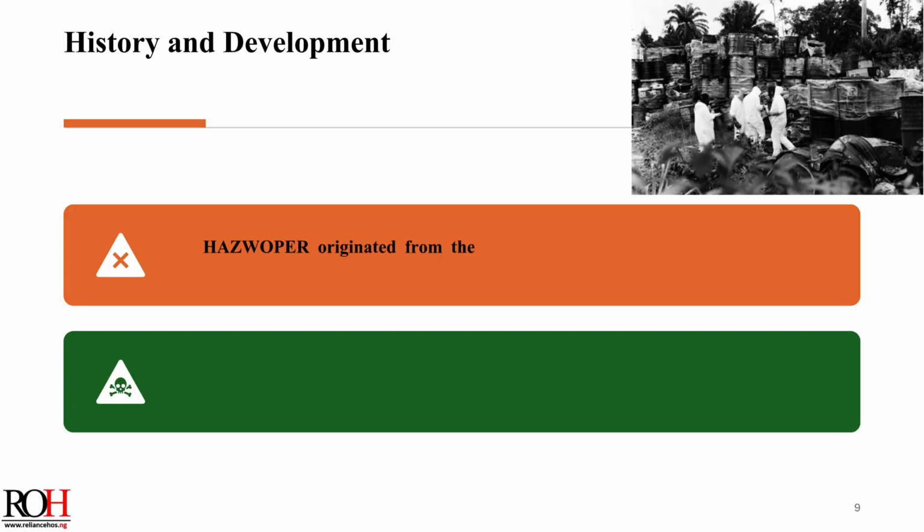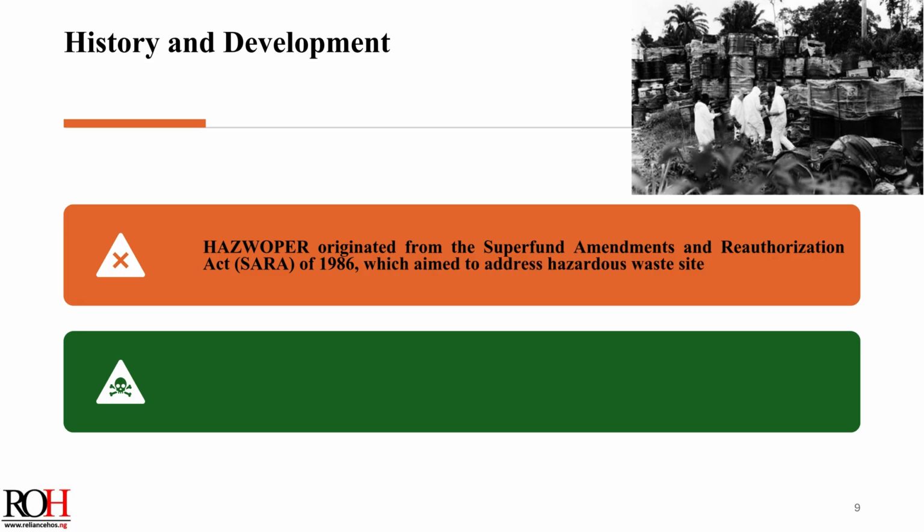History and development. HAZWOPER originated from the Superfund Amendments and Reauthorization Act of 1986, which aimed to address hazardous waste site cleanup. The regulation was developed to prevent worker exposure to harmful substances and ensure proper safety measures. It was influenced by several industrial disasters, including